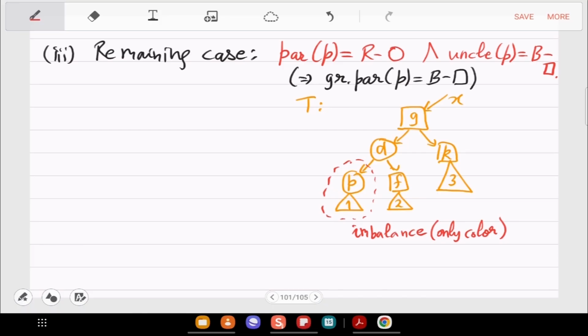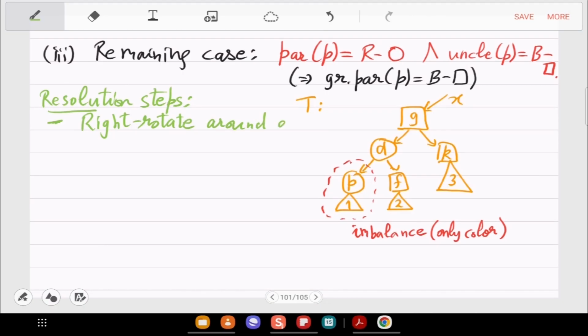So what we will do here, the resolution is, let me just already jump to that. So first thing we will do is we will right rotate around G. Okay, so around G we will do a rotation.